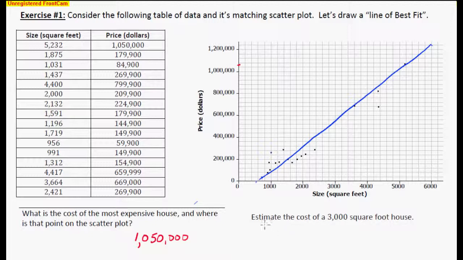All right. Now the second one, estimate the cost of a 3,000 square foot house. Now this is where you want to really use your line, because you see where we have 3,000 square feet, we don't have any points around here, right? Well, we don't have one right on 3,000. So this is where the line comes into play. So you start here. Start with what they give you, and you go straight up until you hit that line, and you would hit that line right here, okay? And where you hit that line, then you just slide straight over,